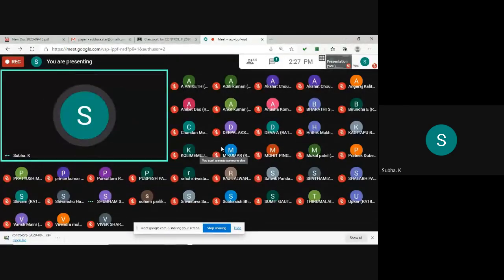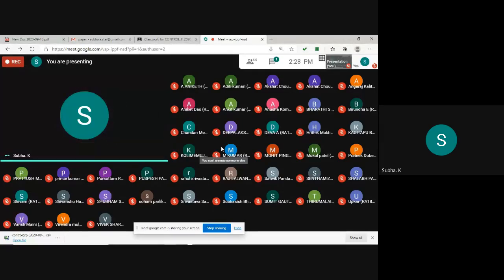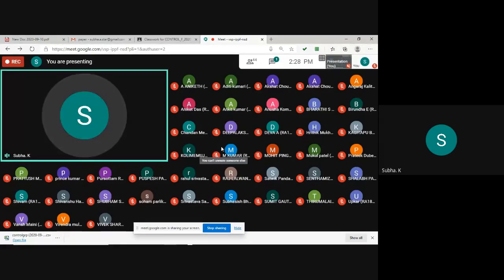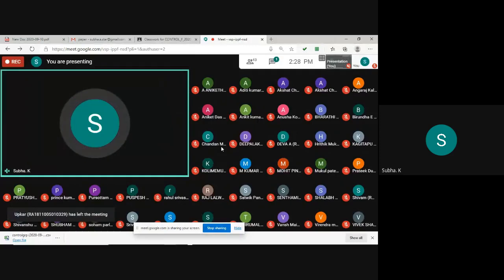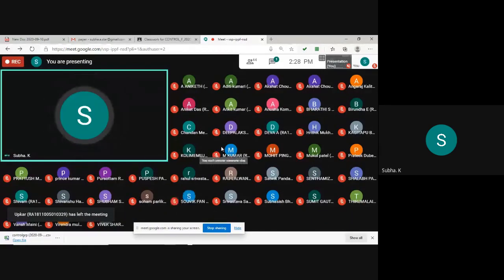Subhashish, Subhashish, Sumit Gautam, all those who are not responding to me, I am going to mark you absent for this lab session. I am shouting from one side like a mad person. I don't want that to happen. This is a lab class. This is a little bit complicated experiment. This is out of the focus of electrical engineering. Subhashish, Sumit, then Pratik Dubey, all of you, I am going to mark you absent. I think you are okay with it.